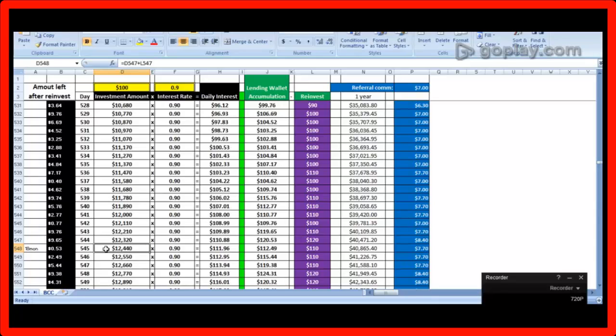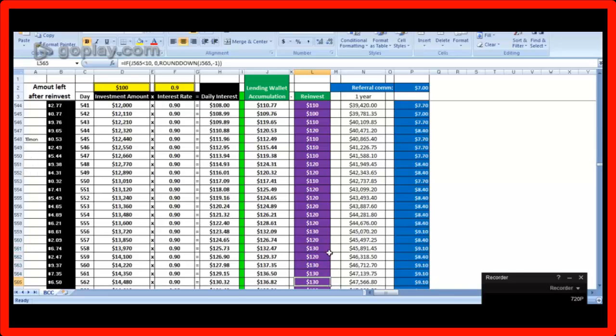Now here, after just 18 months, a year and a half, your $100 now became $12,440. You're making $111.96 every day. And now that growth is allowing you to make new daily investments of $110. Already, it's pretty crazy. I mean, if you think of this compared to any other investment you've done,